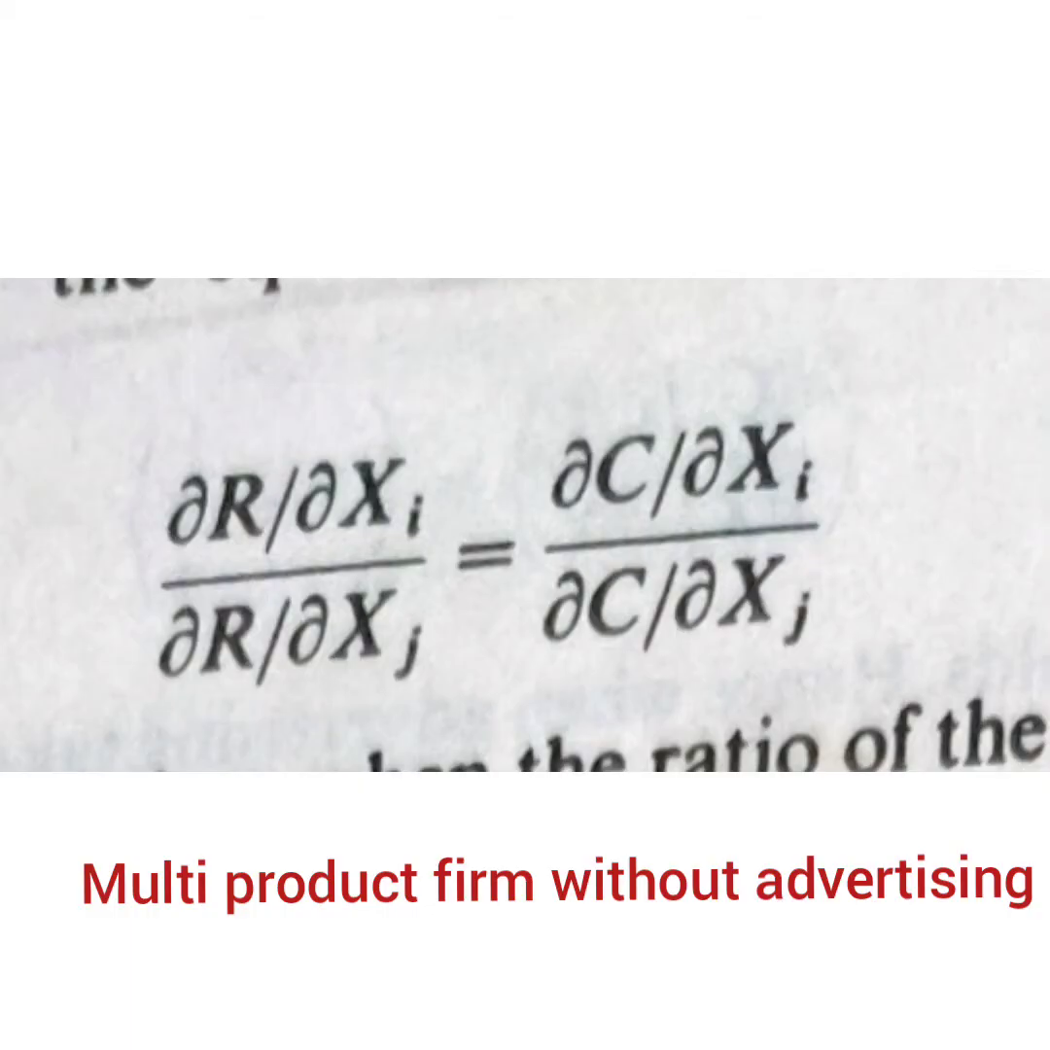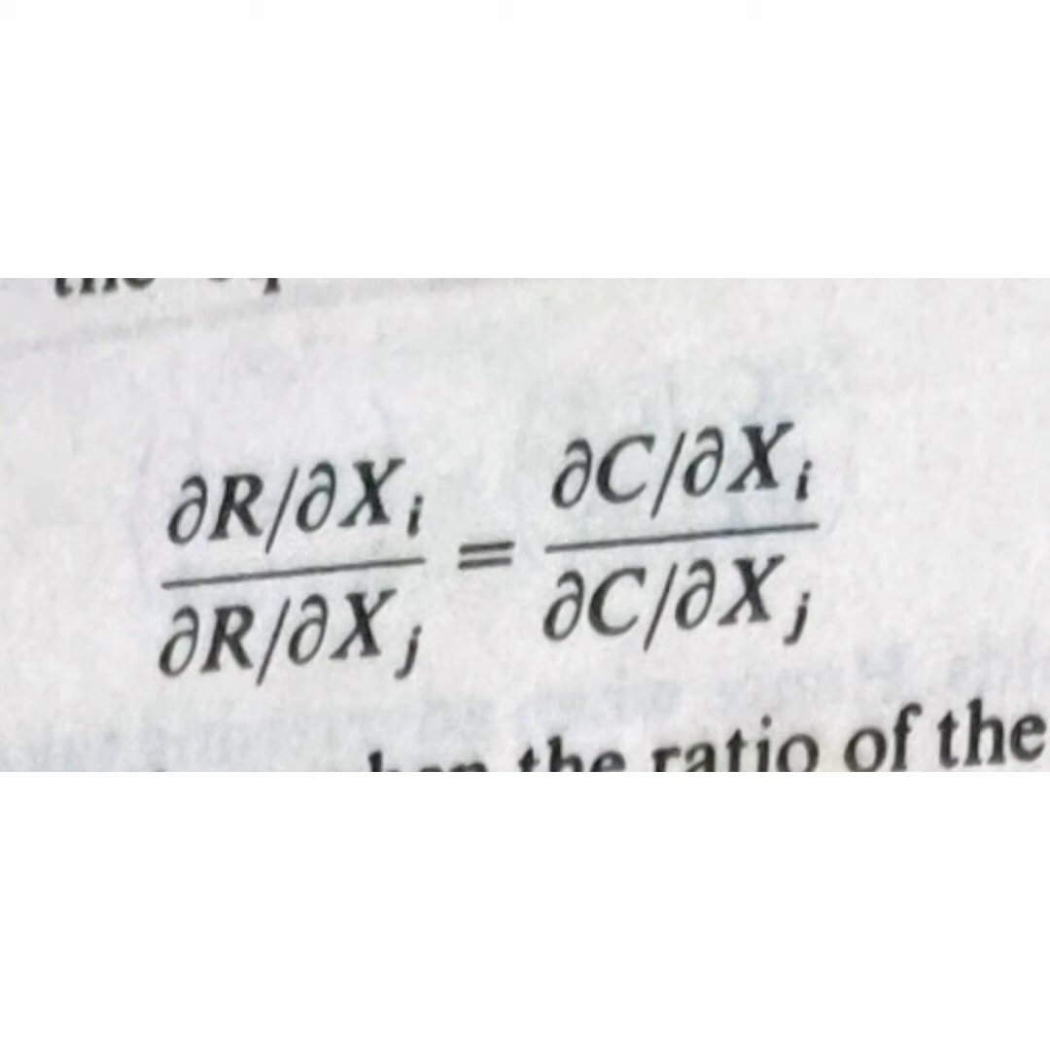Now we have to see the case of the multi-product firm without advertising. This is the third model presented by Baumol. Here the firm has a given amount of resources and a certain amount of cost, for example C. Now the firm wants to allocate them among the various commodities which it wishes to produce so as to maximize